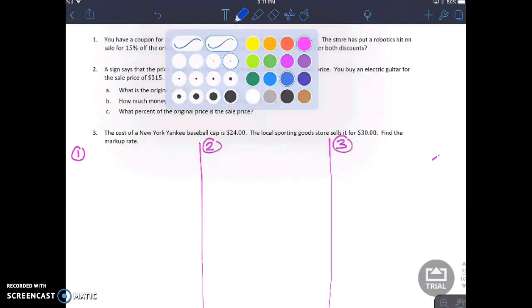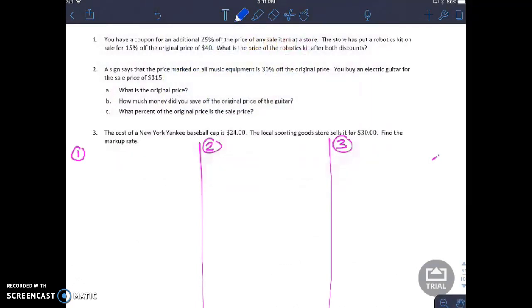All right, hopefully you are ready to review. So there's 2 steps that we have to do here. First, we need to take the 15% off because that's the original sale that the store has. Then we're going to take the 25% off, which is the additional money off that you have, the coupon that you're bringing in. So when we set up our tic-tac-toe, part, whole, money, and percent, we are going to,